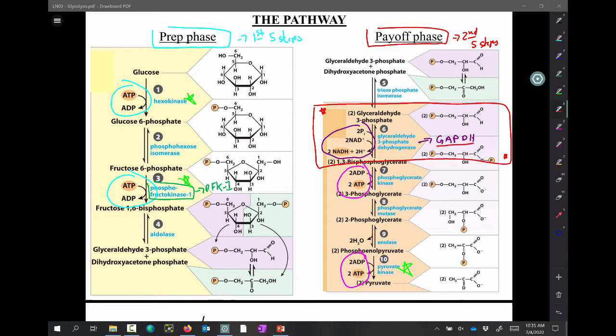So there must be something in this process that is conserving energy in that molecule, and there is indeed something in this reaction, and it's actually a redox reaction, right? And that redox reaction is energetically quite favorable, and it's storing its energy in the molecule 1,3-bisphosphoglycerate. Now, redox reactions are great ways to transfer energy. It's a transfer of electrons, if you remember from your general chemistry, but it's a great way to conserve energy or